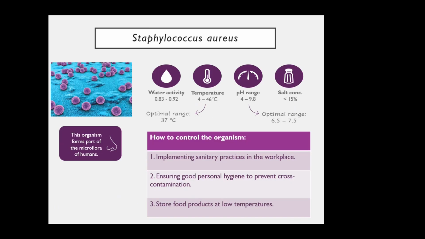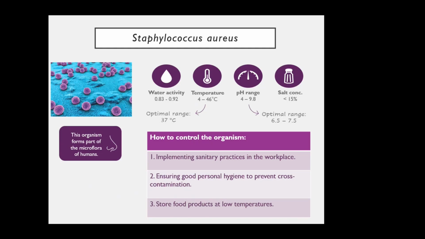Staphylococcus aureus is another well-known human pathogen. It has a lower water activity between 0.83 and 0.92. It grows at a temperature of 4 to 46 degrees Celsius, but it's also a mesophile, so the optimal temperature would be 37 degrees Celsius. Staphylococcus aureus can grow in a pH range between 4 and 9.8, but optimally it will grow at 6.5 to 7.5, which is fairly neutral pH. The salt concentration is less than 15%, which is quite high,